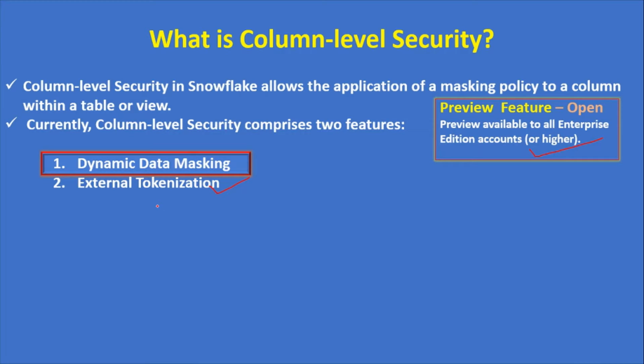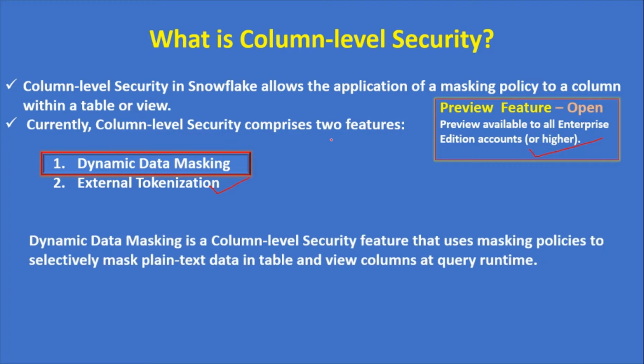In this video, I am going to use the dynamic data masking to apply the column level security. Dynamic data masking is a column level security feature that uses masking policies to selectively mask plain text data in table or view columns at query runtime.